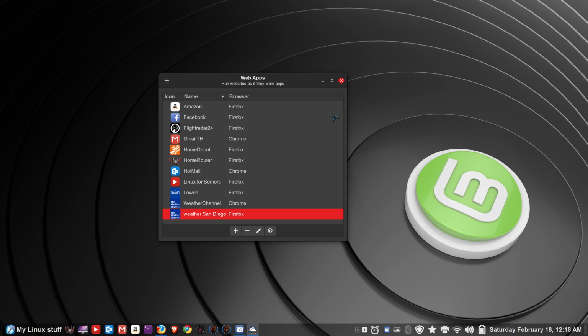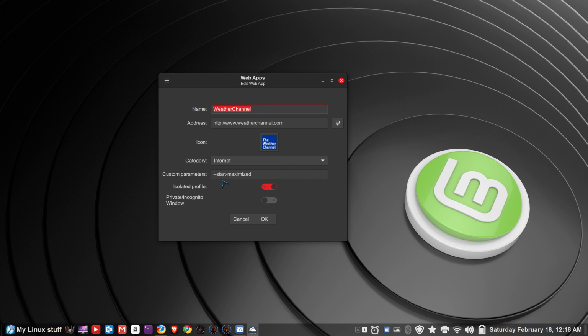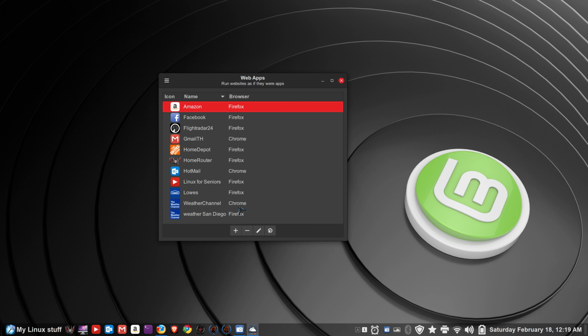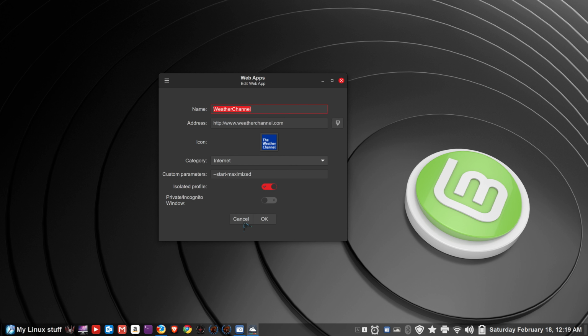All right, so this would be any system whatsoever. All right, so if you are using Chrome, you may have to do some adjustments. And this is one custom parameter that I'm going to make mention of, using the Chrome web browser to get a full-size window. That's the only reason I'm using this custom command. It's called maximized. There's another one also, but I'll make this one simple for you. So the --start-maximized,